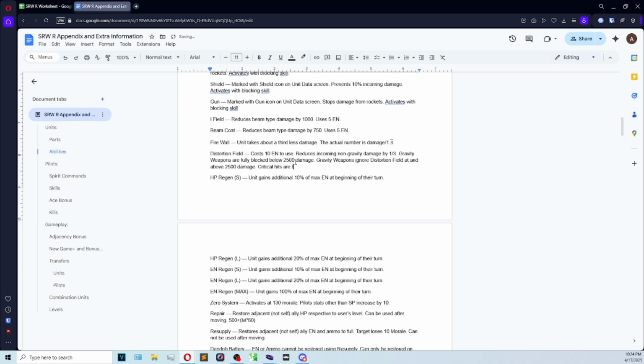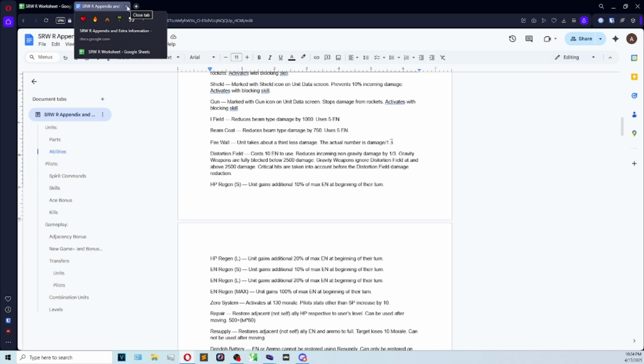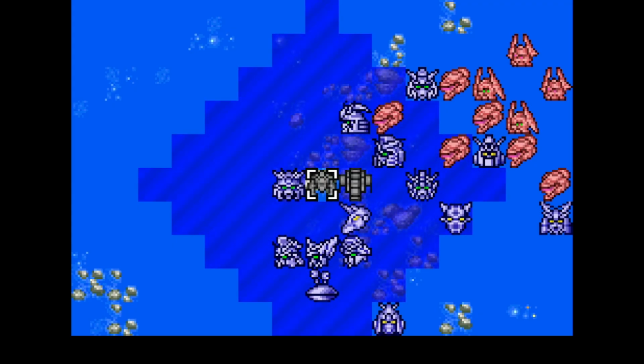Critical hits are taken into account before the distortion field damage reduction. Because we do want to note, somehow, that if you crit, and your crit would put you above 2,500, but not critting is below 2,500, the crit would make you ignore the distortion field. Okay. So with that,